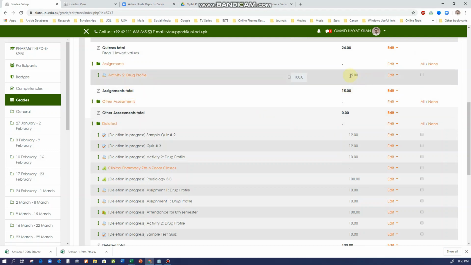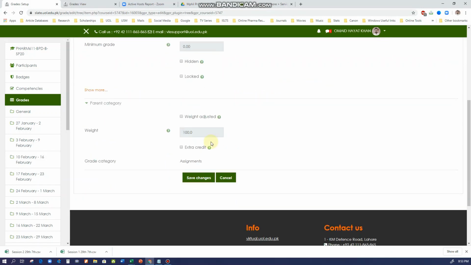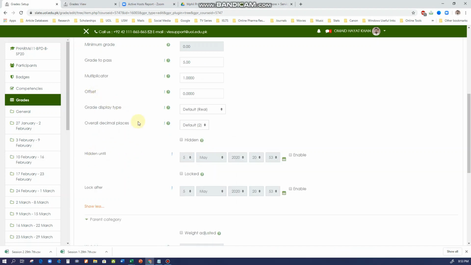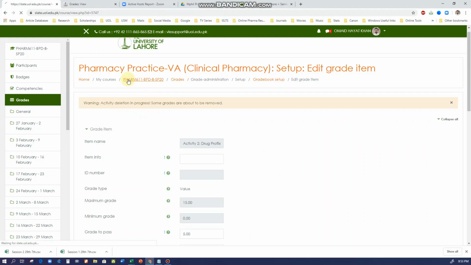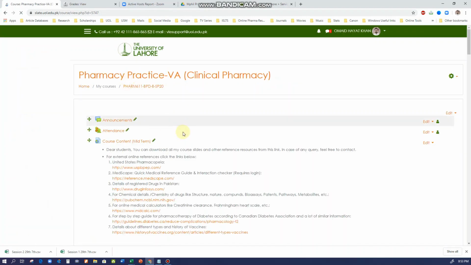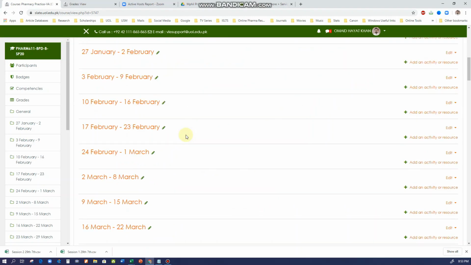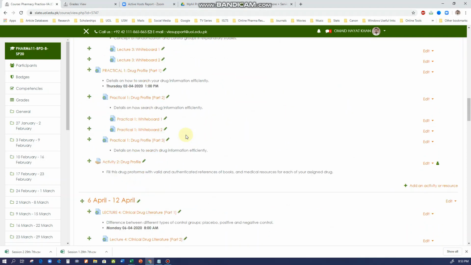Then assignments we have here, it has been set to 15 marks. Okay, this is strange. I think I made this mistake while making the activity, and I can go and change it right away from my main activities option. For example, I'm going to find it out. Here it is. So this is my activity and I'm going to